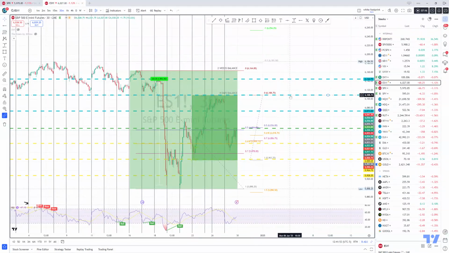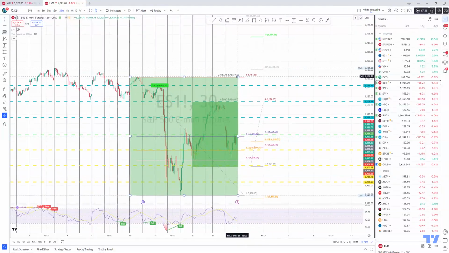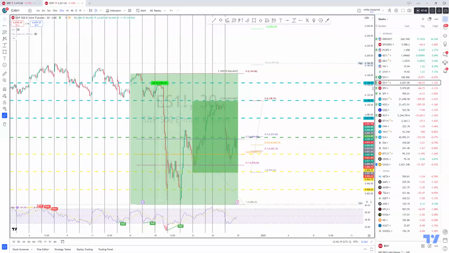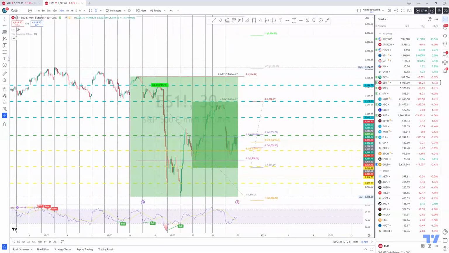And if we break above that, then you're looking at 6045 or 6145, potentially reaching this area here. So it's a 20 point zone in which we will expect the market to stall or potentially find some sort of resistance. Now, if the market breaks above this level, then we've got to use the extensions. So in my case, if the market was to do something along the way,